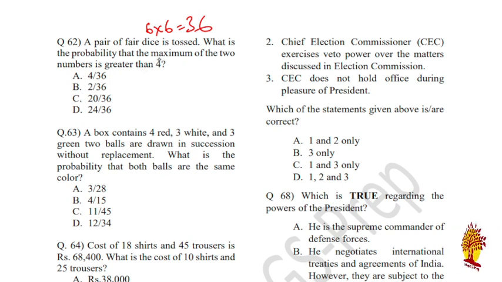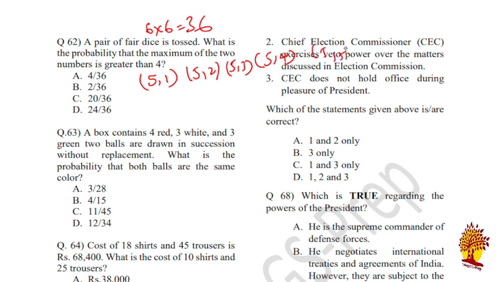Greater than 4 meaning 5 1, like that. One of the numbers should be greater than 4. 5 1, 5 2, 5 3, 5 4,